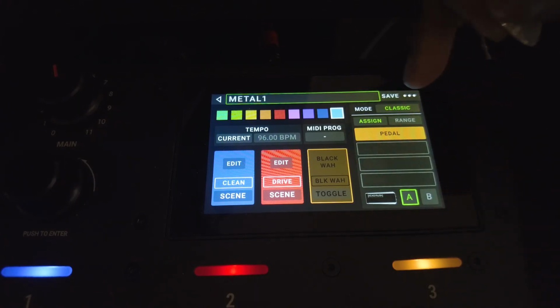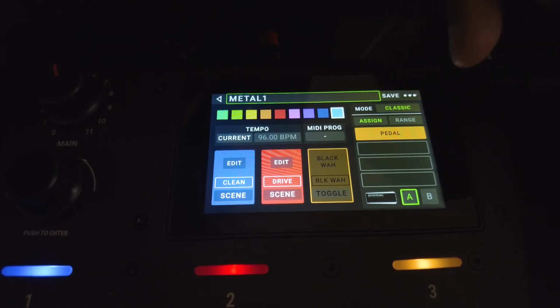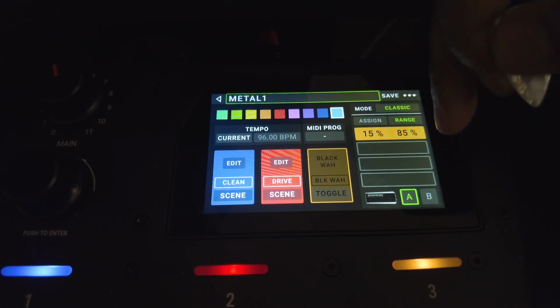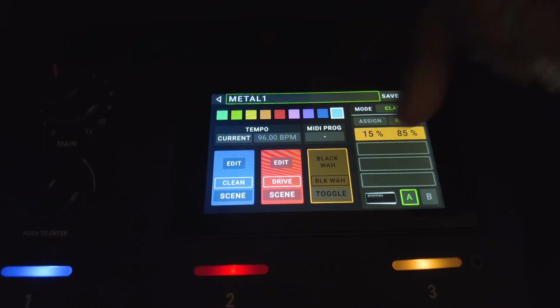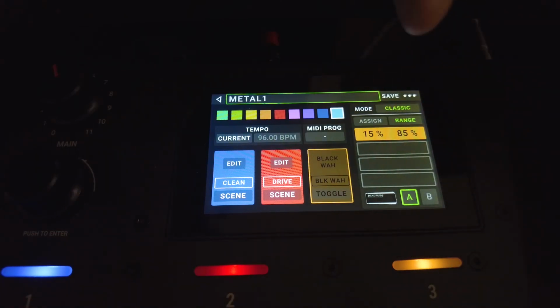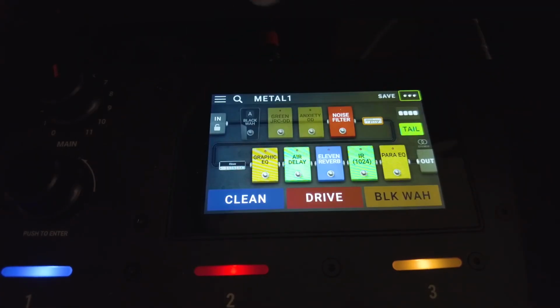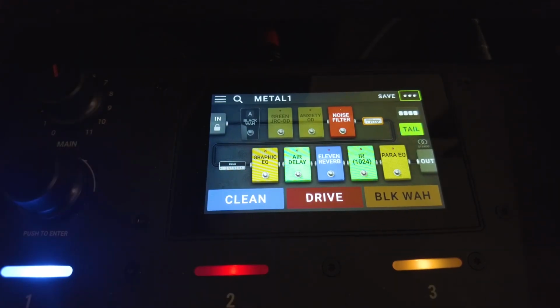Now here's another thing on this hardware assign page. You can assign the pedal, or it should already be assigned as soon as you add a wah or a volume pedal to it. Here's the thing that I usually like to set on my wah pedal: the range. Instead of going from 0 to 100, I give it a nice tight spot, so I set it from 15 to 85. So yeah, this is your rig ready, and once you hit on clean,